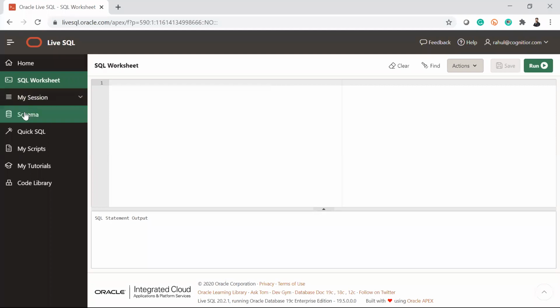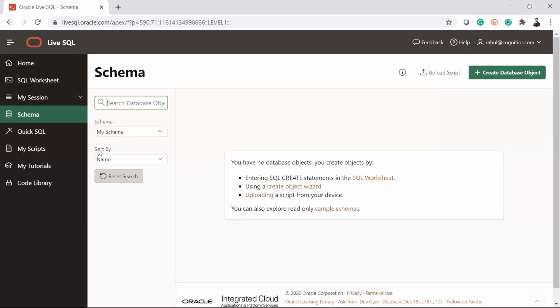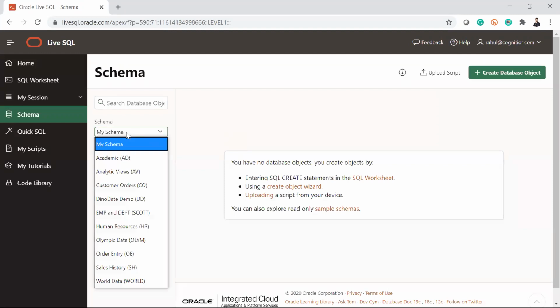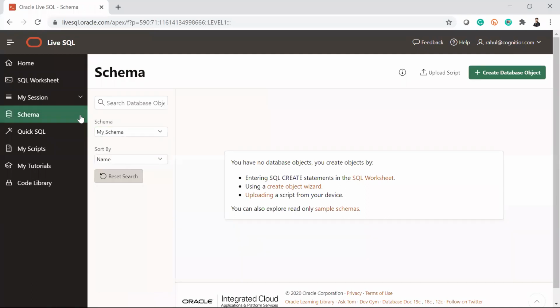If you go to schema and click on this schema, you will get these options, my schema. And from here, you will see academic, analytics view, customer orders. These are predefined tables already present in this particular instance of Oracle.